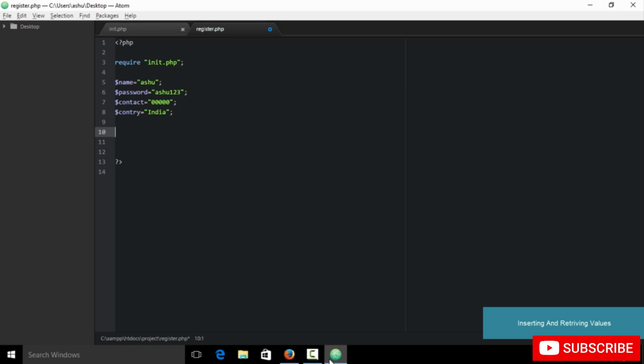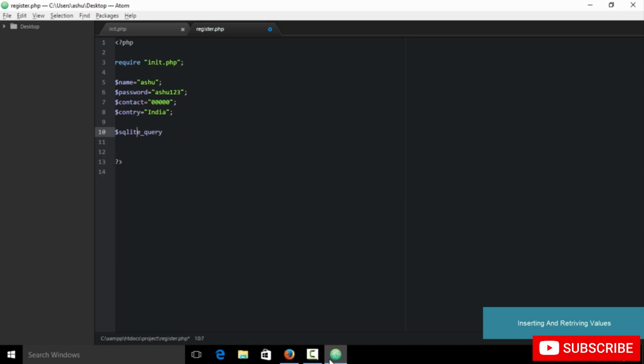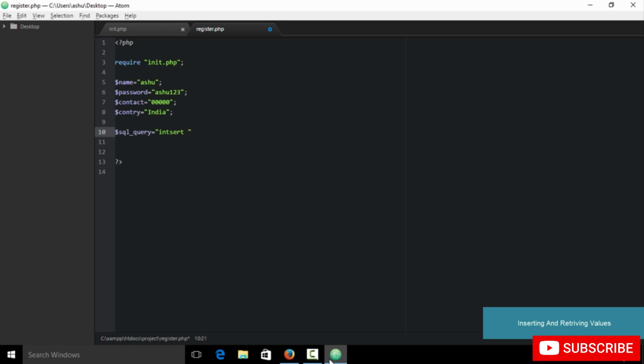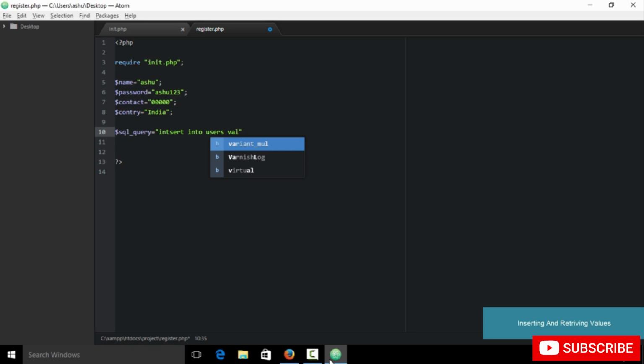so as to basically insert these values into the database. So we type $SQL_query. This should be SQL, not SQLite. So $SQL_query equals, and in double quotes we type in our query. So the basic SQL query so as to insert values into the database is insert, then after insert we type insert into, and then we type in the database name. So the name of our database is users, so insert into users. After that we type in VALUES,